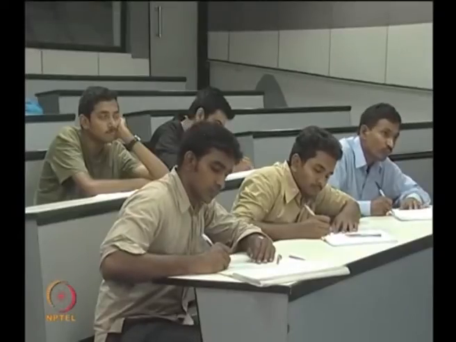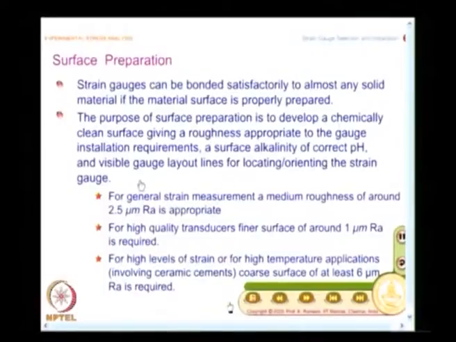If you have a misalignment, you will measure only strain along that direction, it cannot be interpreted in your direction, then you have to use the strain transformation law. For strain transformation, you need to have pasted a strain rosette at the point of interest. So, strain gauge alignment is very crucial, it is not trivial. That is the reason why the strain gauge carrier comes with markings on it.